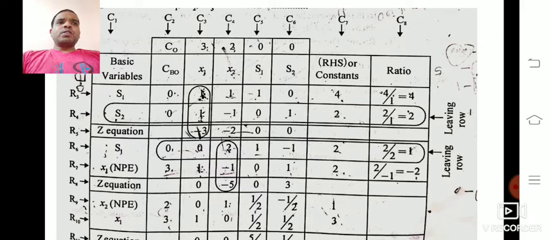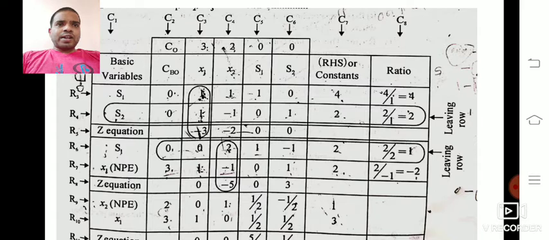Okay, now in the entry column, for R3 row we got the encircled column. Okay, what are the elements coming under that encircle? For R3 it is 1, for R4 the element is also 1. Now coming to the ratio column, RHS side we have written, that is RHS in the C7 column. For R3 row we have written RHS is 4. For that one, in the ratio column we can take the RHS value 4 divided by, okay, see the element which is coming under the encircle, that is the entry column, C3 column.